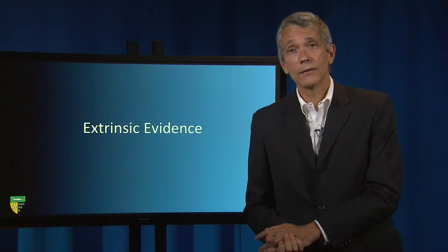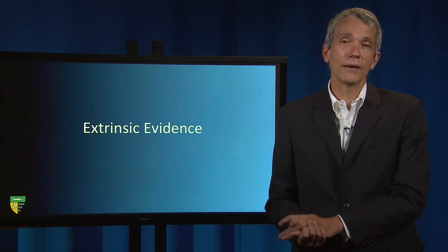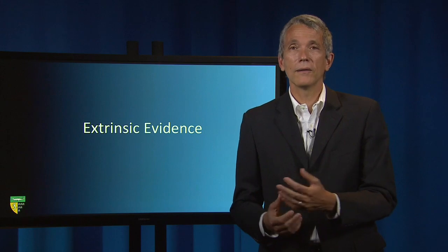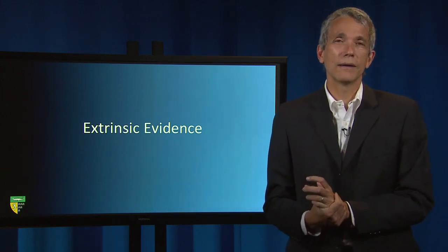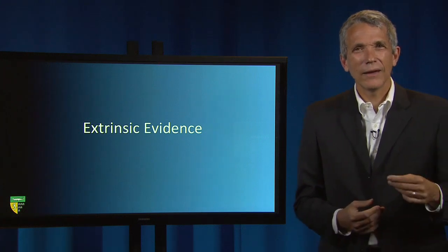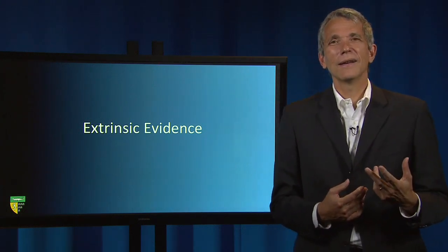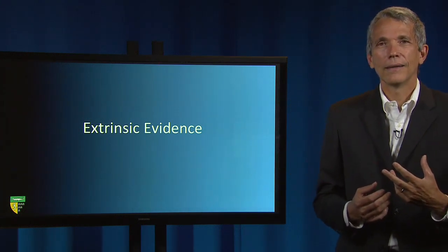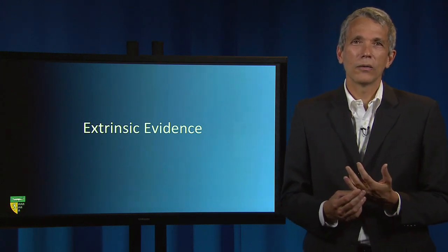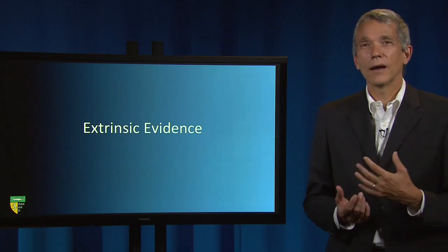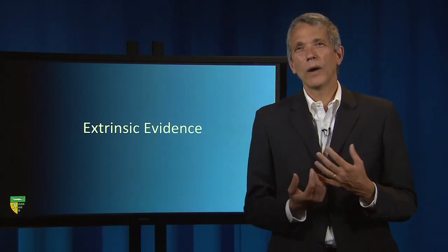For contracts, the extrinsic evidence might be parole evidence, testimony of the parties as to what their conversation was when they were forming the contract. The additional evidence of what the drafters intended can help to narrow the Venn diagram. But again, there are raging debates both with regard to statute and contract interpretation about when and whether it's appropriate